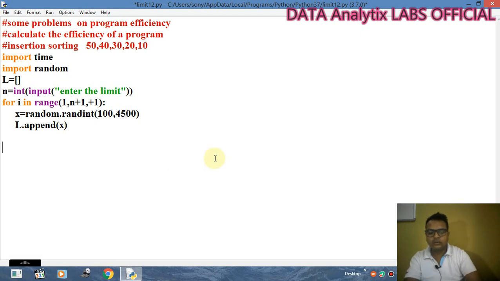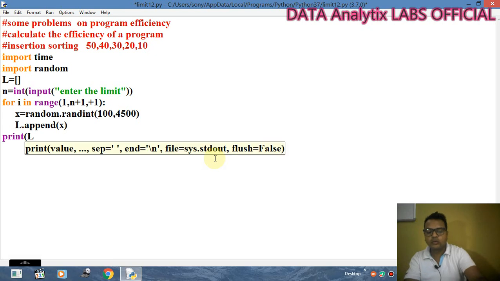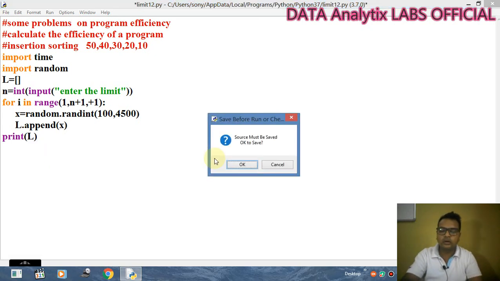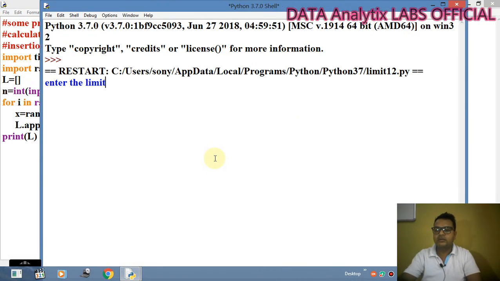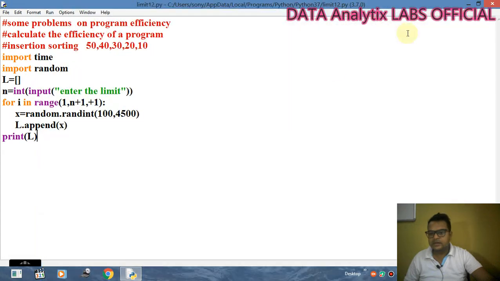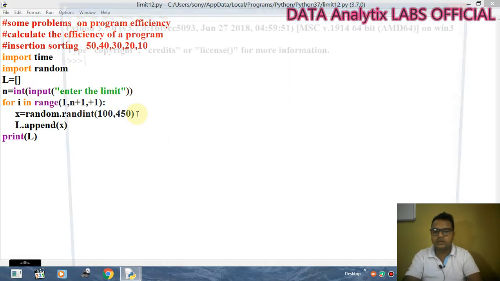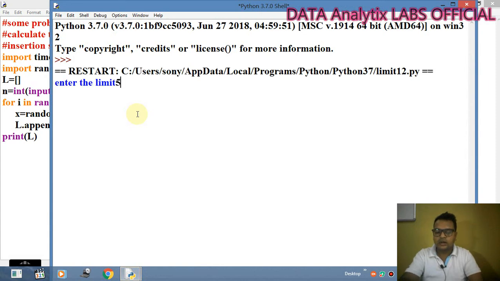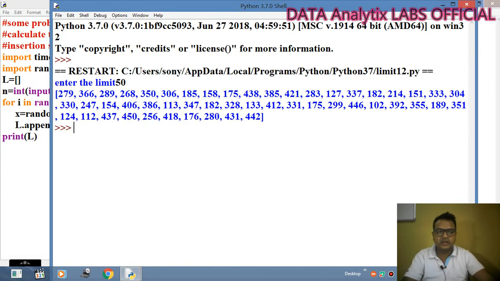So first of all my list element, so मैं इसको एक काम करता हूँ. First of all I'm going to highlight this one, print L. First of all I'm going to check whether my function is properly working or not. So here we have this one, enter my limit, I'm passing my limit as 50. Yeah, so these are the elements over there. Okay, fine, then we'll start with this one. इसको मैं थोड़ा short करता हूँ because it will take some time. So enter my limit, then yes, these are the elements over there.